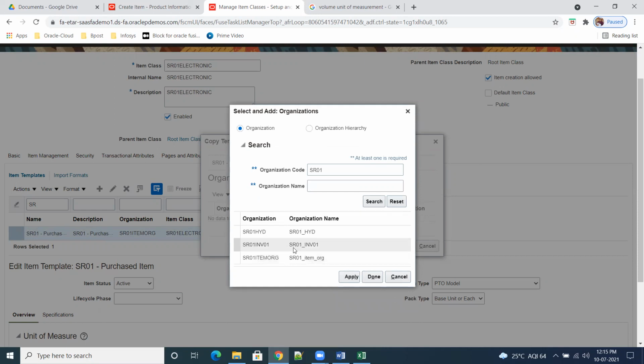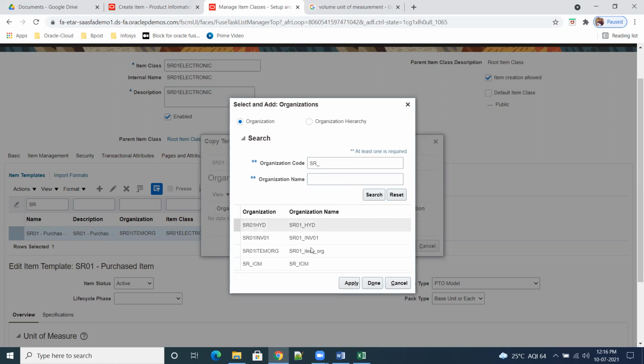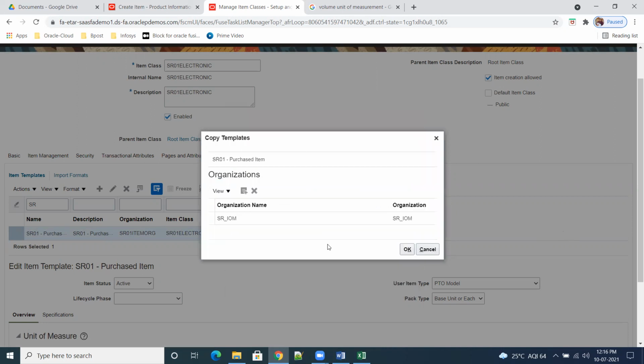Maybe. Yes, sir. Why this SR underscore, right? I want SR IOM. Click on OK.